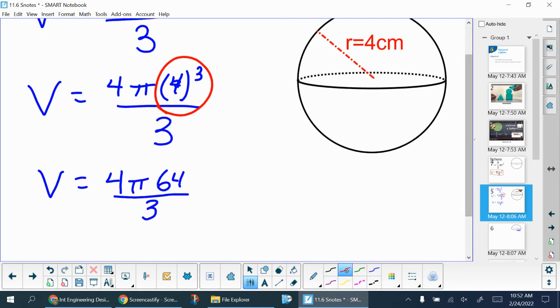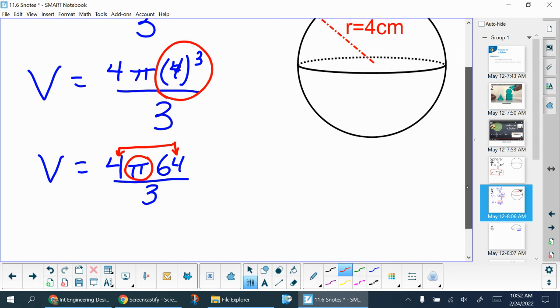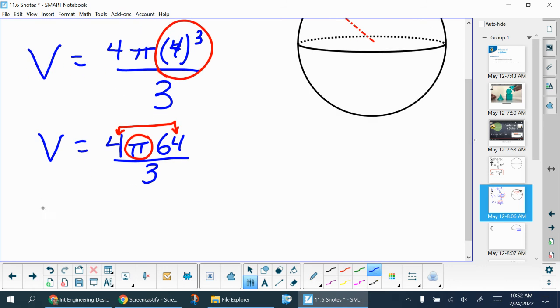The next thing we want to do is our multiplication. Now, we want to leave this in terms of pi, so I'm just going to leave the pi here, and I'm going to multiply the numbers, because it doesn't matter what order I multiply the numbers in. And so 4 times 64 is 256. If you need a calculator for that, I am not surprised at all. I only know that because I just did it in both classes. So I move the pi to the end, I multiply the numbers, and then I end up with this still